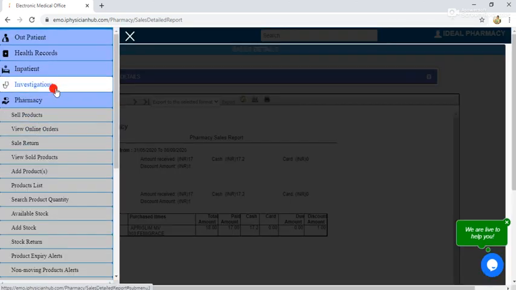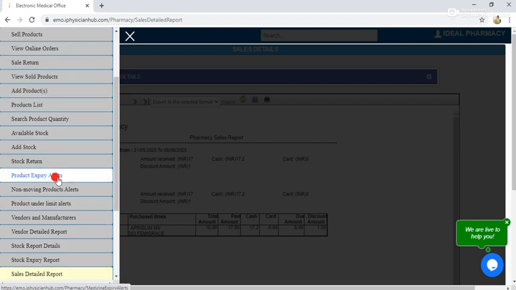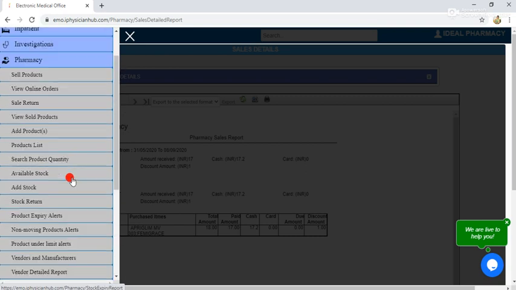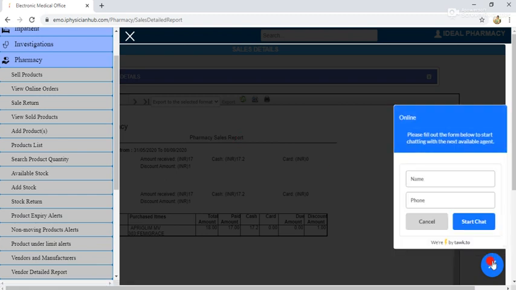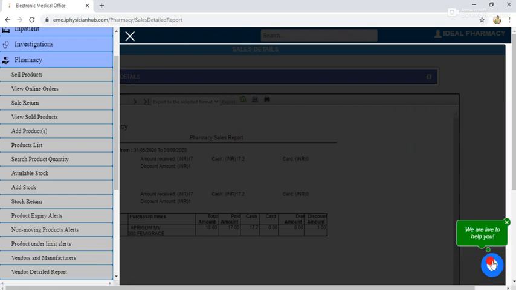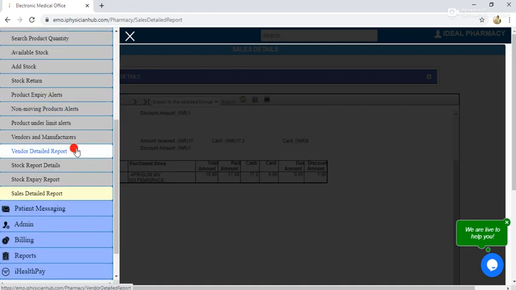So this is all about pharmacy and the modules that we get if you come on board. If you have any questions in the middle, or if you got stuck and are unable to find a certain option you are looking for, you can simply drop a message here. Our support team will get back to you. Otherwise, a contact number will be provided to you, using which you can contact our support team and they'll help you out if you get stuck somewhere.